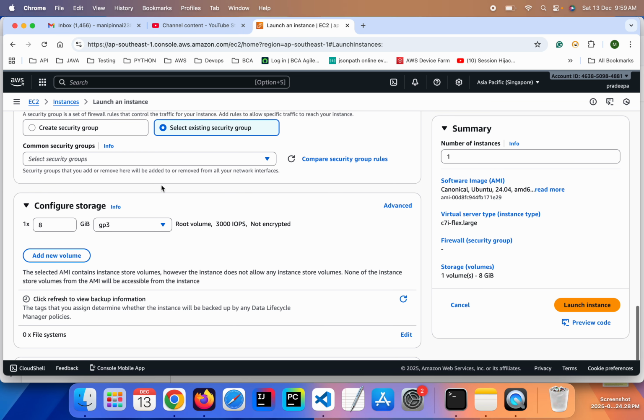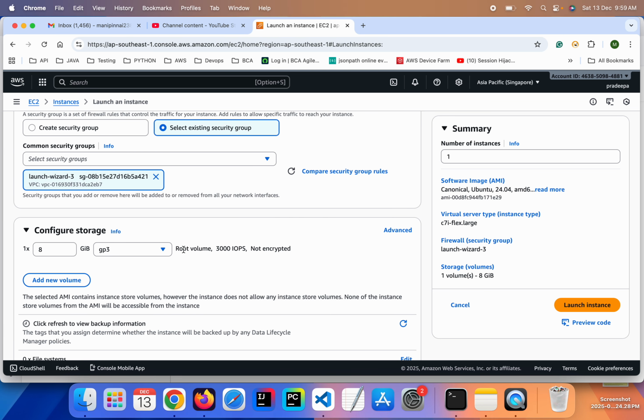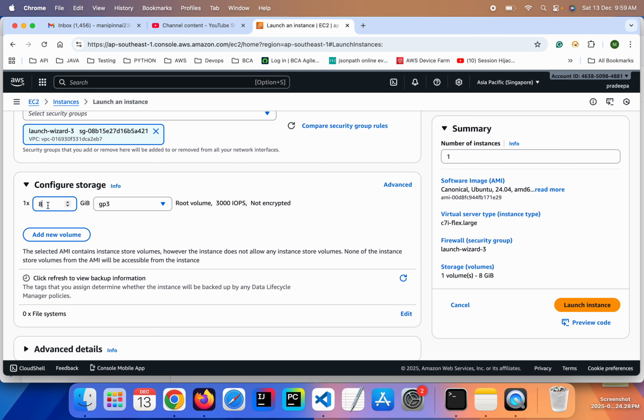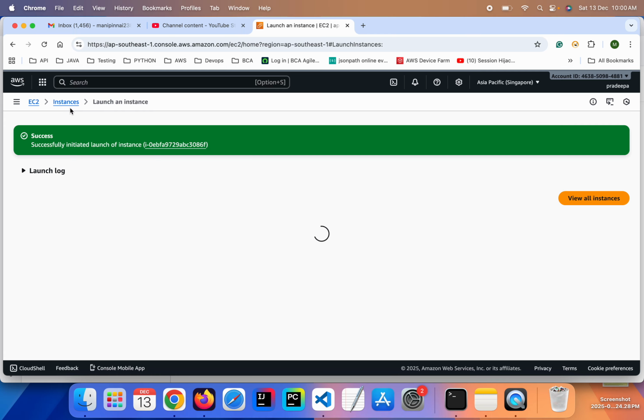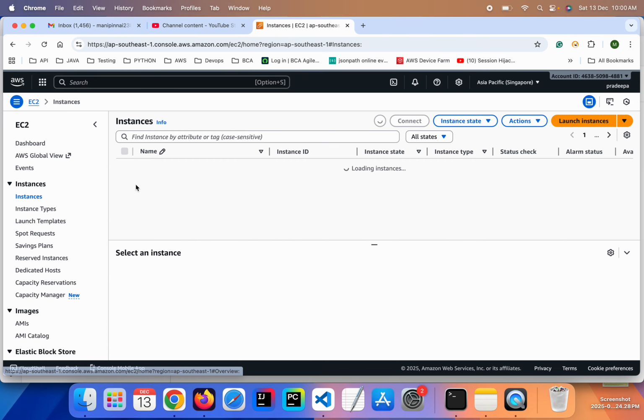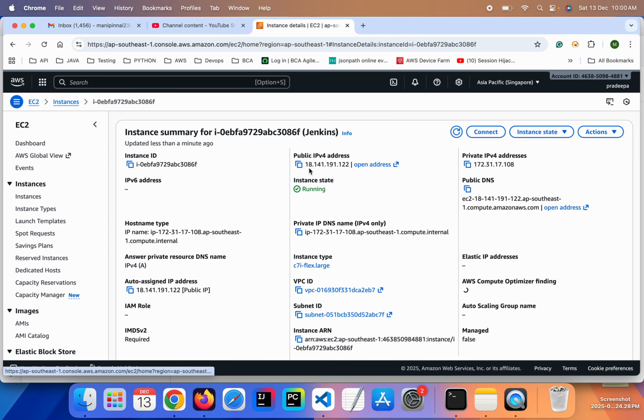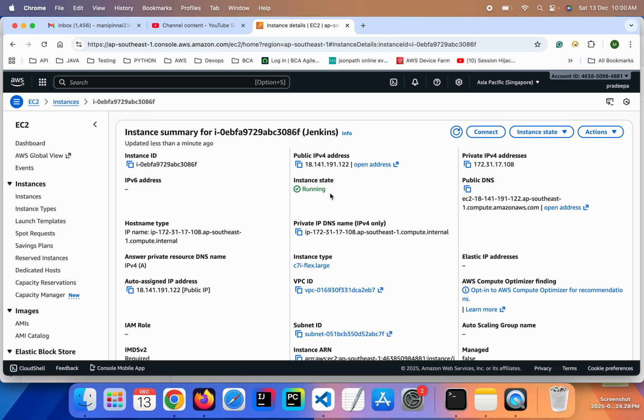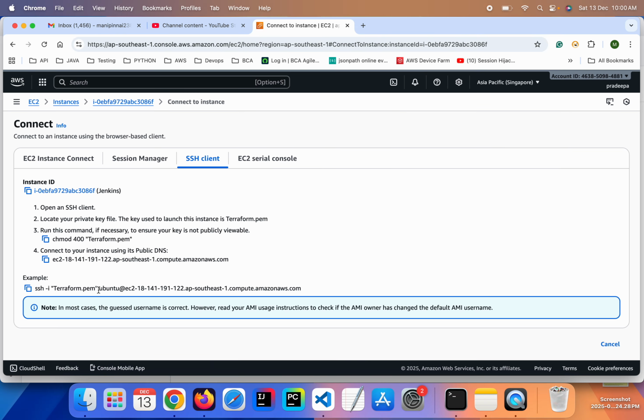So we need to create the security key pair and use 25 GB. It's enough for creating the setup in the EC2 instance. Just click launch EC2 instance. So I think it's going to create now. Click this and go to connect. I think the state is running now, and we can go to connect and get that Ubuntu command, copy and